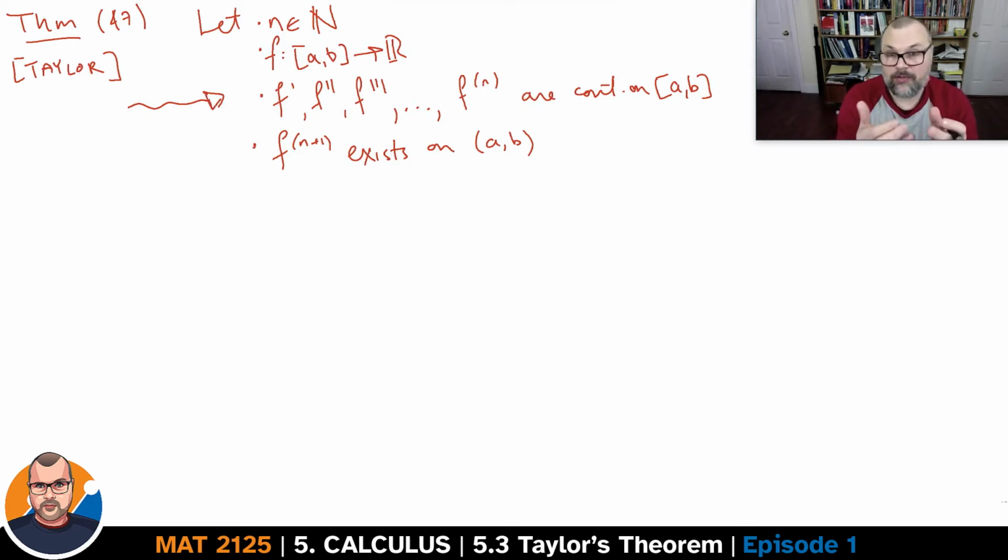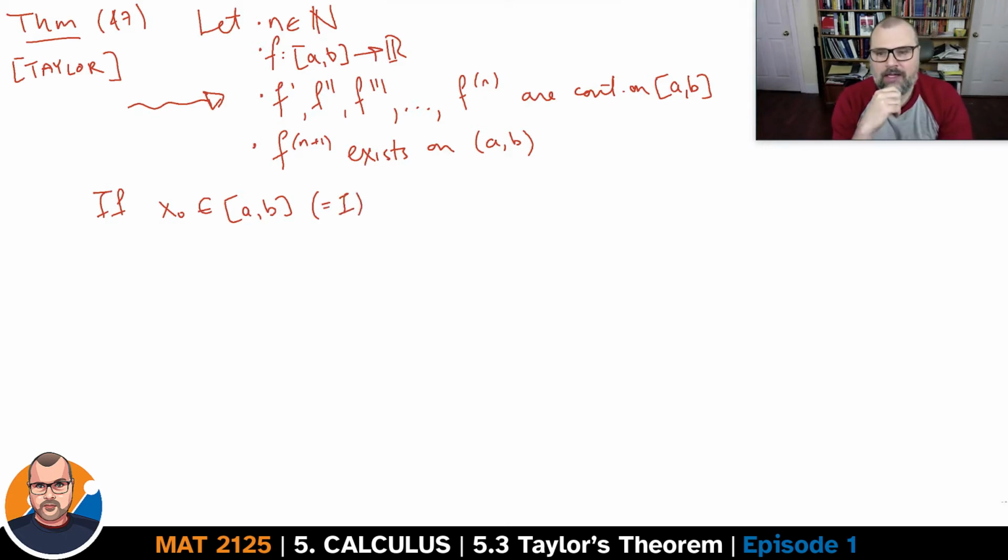It's a strong assumption. If x0 is some point in the interval [a,b], which I might denote by I to avoid having to write too much, then for every x in the interval, there's got to be some point c, which will depend on your choice of x, between x and x0 such that